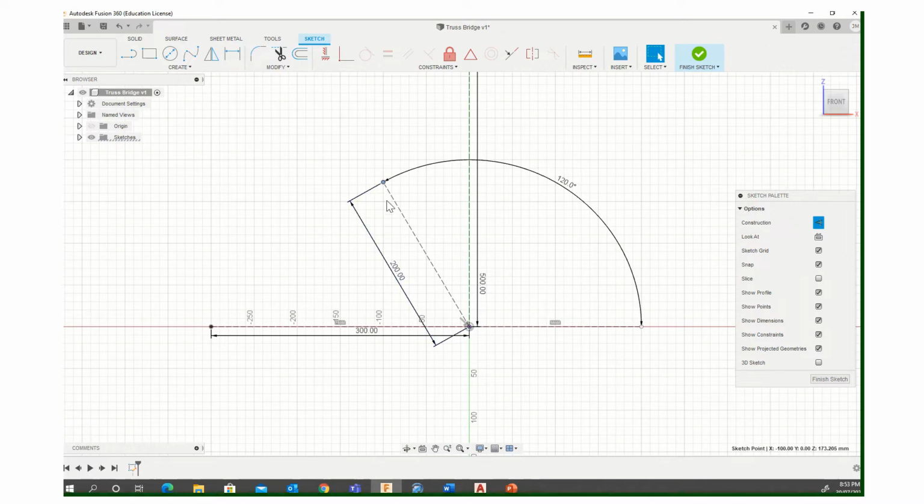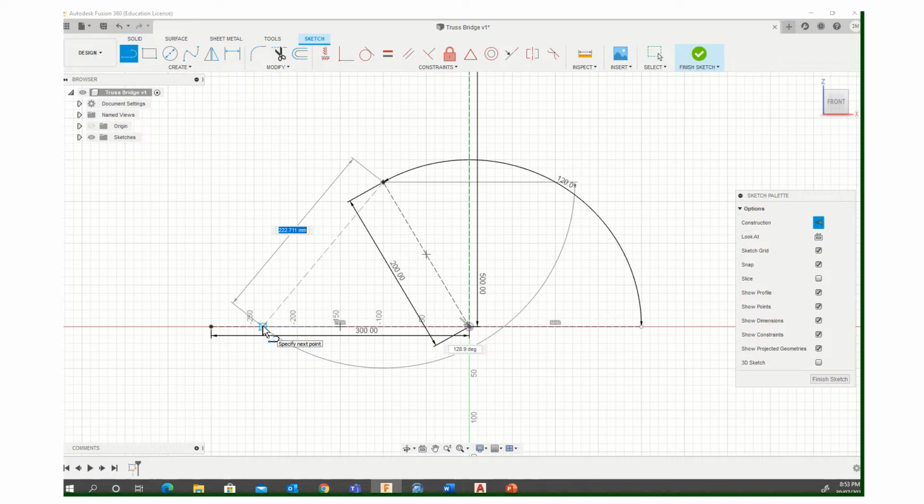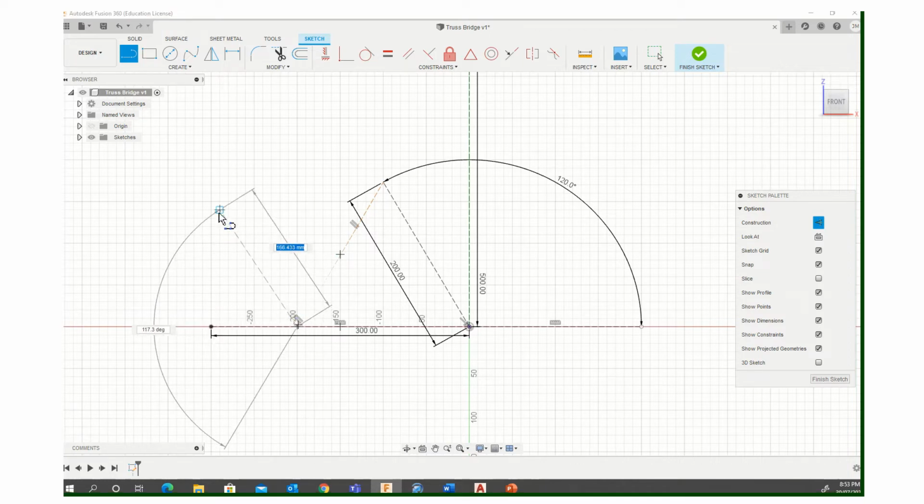Now we do another one from here to here. So 200. And the angle